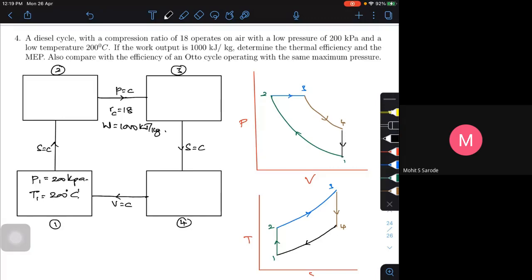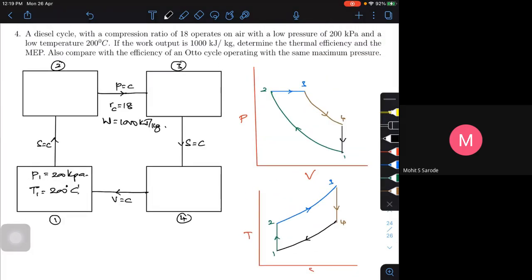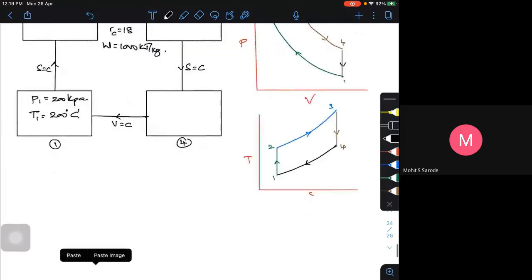First and foremost, let's assume the working fluid is air. So Cp will be 1.005. That's an assumption I make. Cp is equal to 1.005 kilojoules per kg K at normal temperature and pressure for air. Working fluid is air. So what is your thermal efficiency? Your thermal efficiency is given by